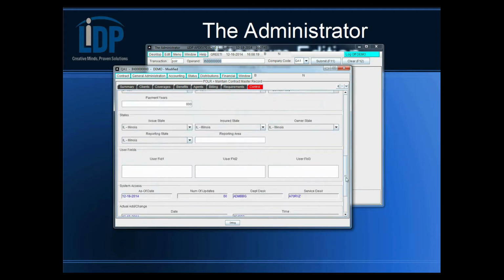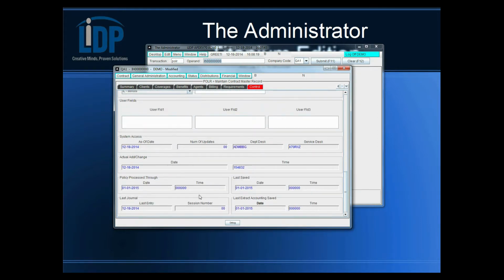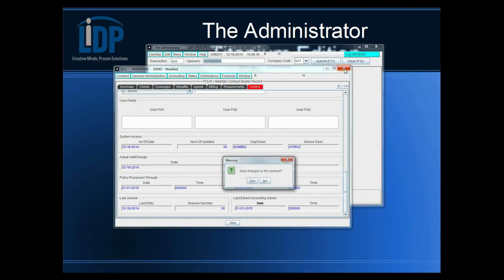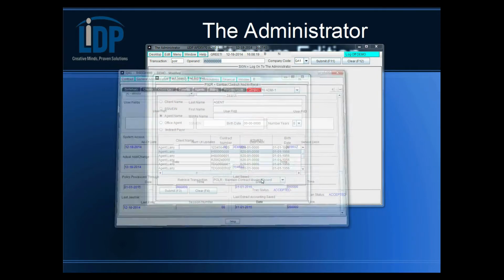And then other dates that we have on it just tell us when the policy is processed through, actual add and change of the policy, and department desk of who made the change to the policy. So that basically concludes the notebook navigation for the policy. I'm going to go ahead and close out of that,